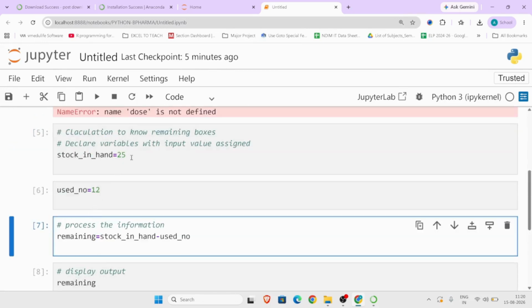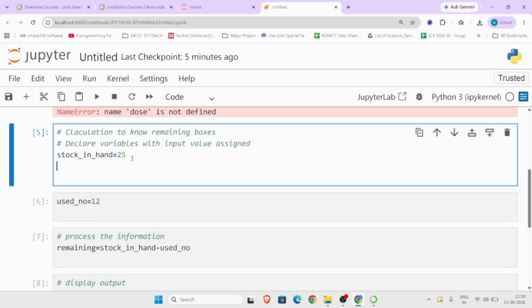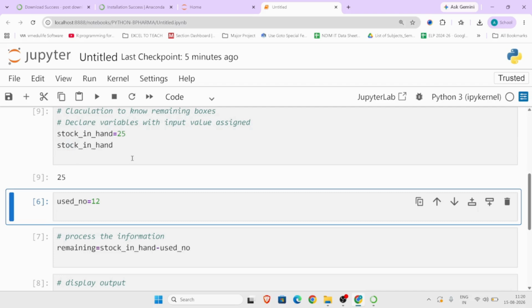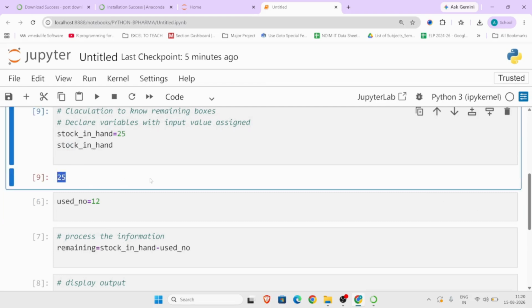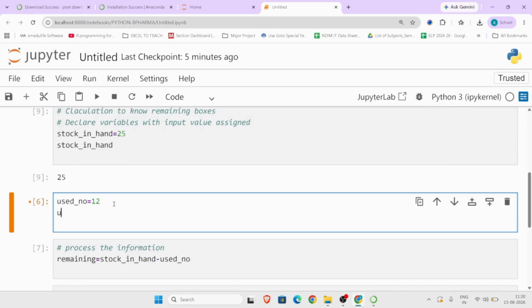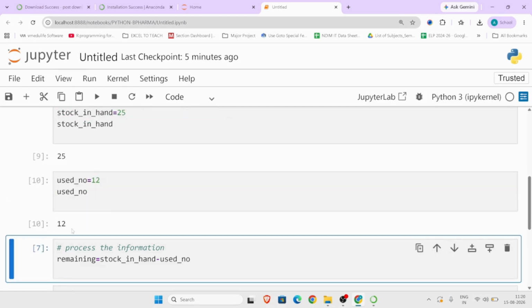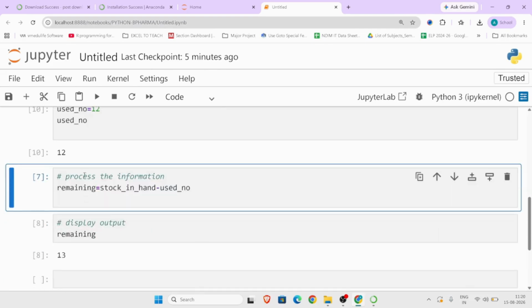And if I want to see what is in stock in hand, I can write stock_in_hand. If I write in this way, it is showing me that it has 25 as an assigned value. If I write used_no, it will show me 12 is the value which has been assigned to used_no.